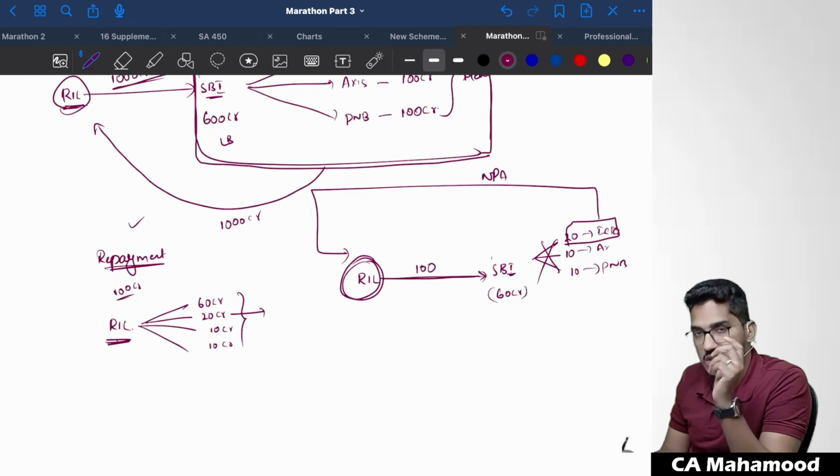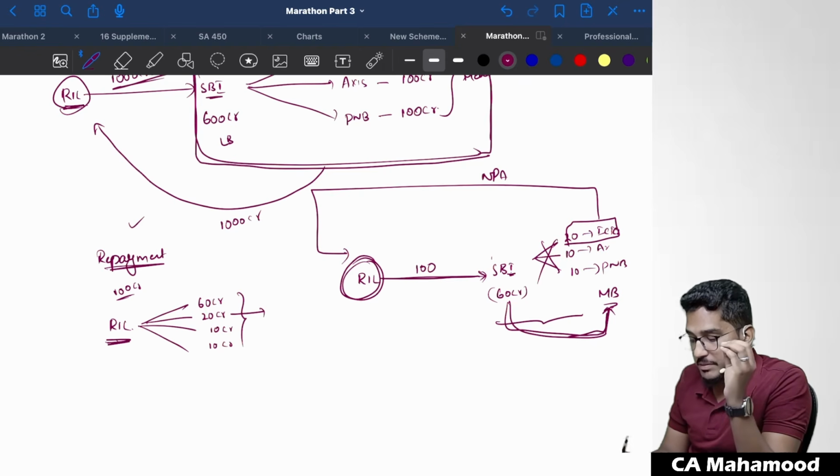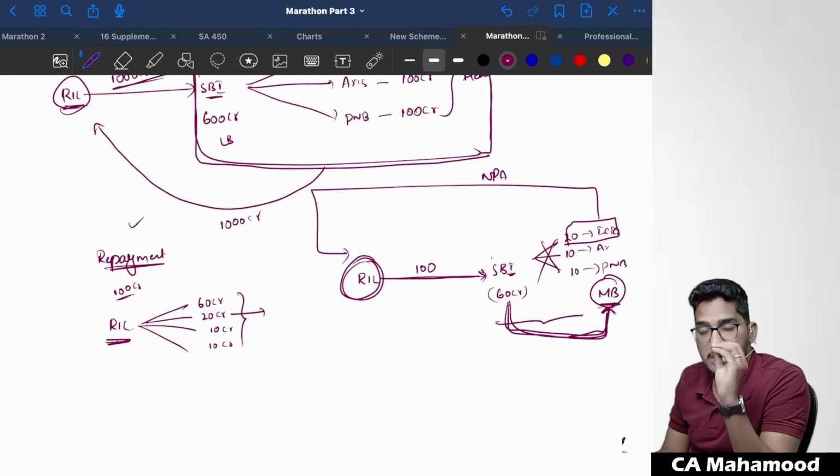So in these cases, what they have given the permission is, in case the member bank did not get the payment, at least if they get a confirmation from the lead bank that they have got the payment on behalf of the customer. That means the customer has made the payment to the lead bank, but they are yet to transfer the money to the member bank. In that case, even though they did not receive the money, they need not classify it as NPA.